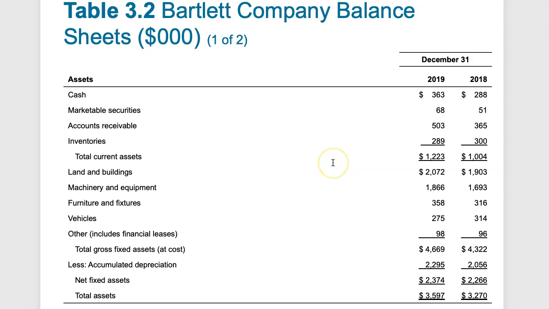Because the assets, listed in order of most current to longest term, are going to look at the current balance of these accounts. Starting out with cash, inventory, accounts receivable, going to land, building, equipment, furniture, vehicles. We get our total fixed assets, total current assets together. Once we take away depreciation, we get our net fixed assets and then our total assets for all. So all these assets are going to have to be purchased with, for the most part, cash. And cash can be generated from profits by running the business or by borrowing money.